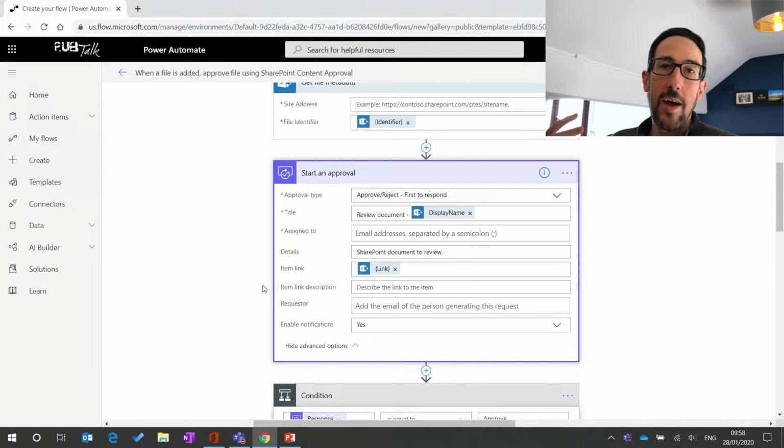But also they'll get a push notification from Flow, and if they're using Teams, they'll also get it from the Flow bot in Teams. If they're using the Flow Power Automate mobile app, they'll get a notification on their phone as well. And the good thing about doing that is there's some other options for approvals and sending in different places. If you just make that yes, one, it's doing a lot of that stuff for you, and